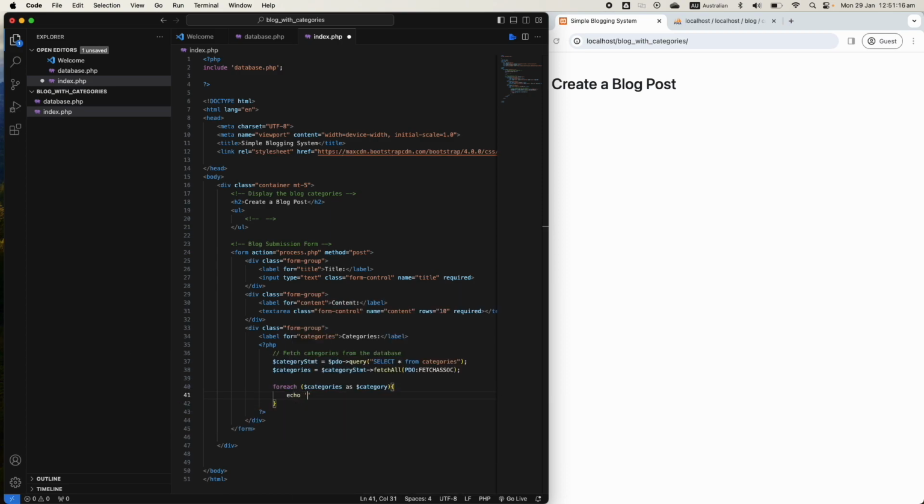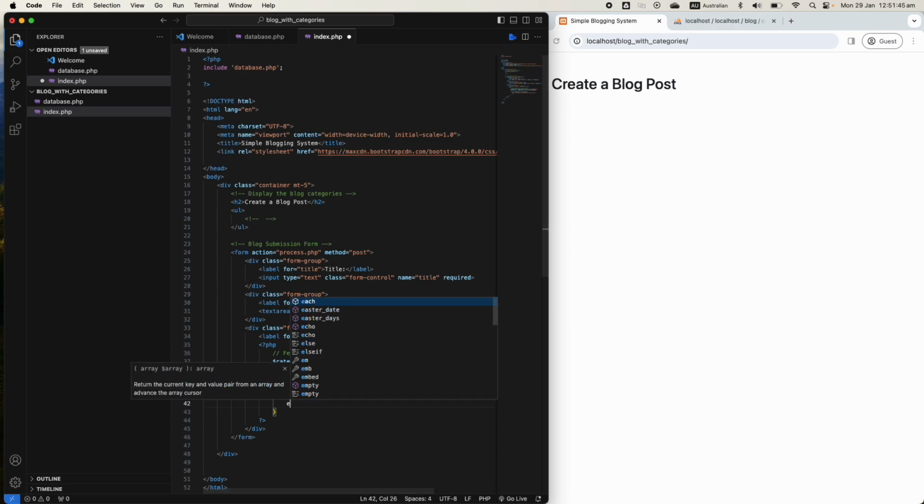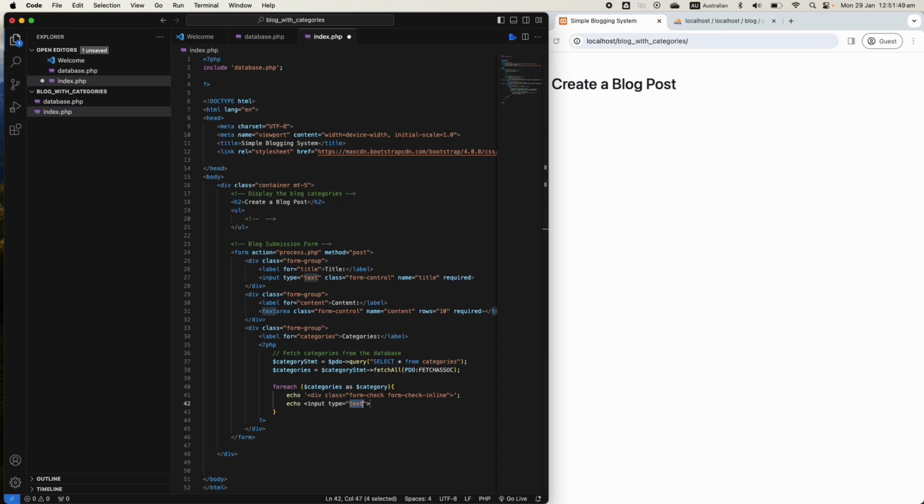We want to echo a div and we're gonna have a class for it. We can say form check and then form check inline. All right, so that's the first one. And then we're gonna have the input where we have the class called form check input and type checkbox